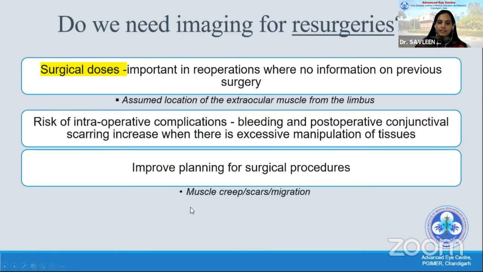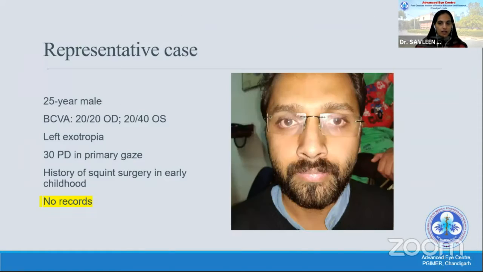So we do expect to see muscle slippage, muscle scars, and migration of the muscles, which we will only discover on table if we do not have tools like the UBM and the ASOCT. Now, just sharing a case of a 25-year-old male who had a best corrected visual acuity of 6/6 and 6/12,